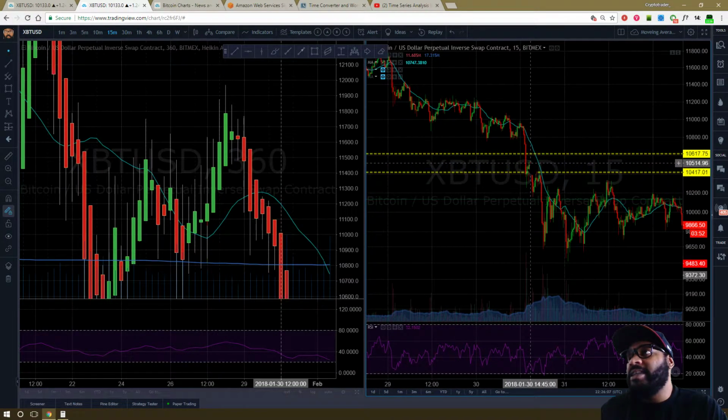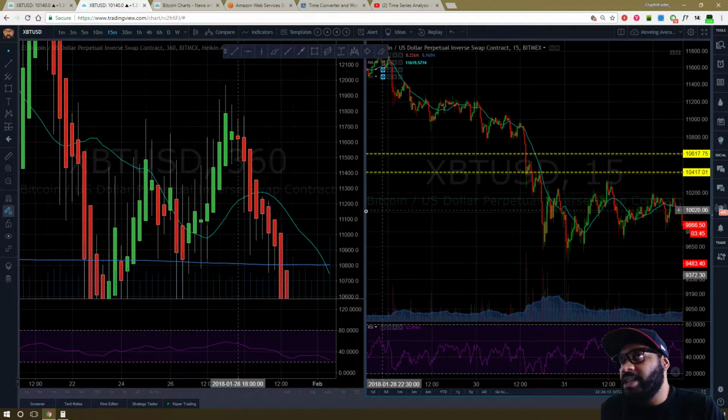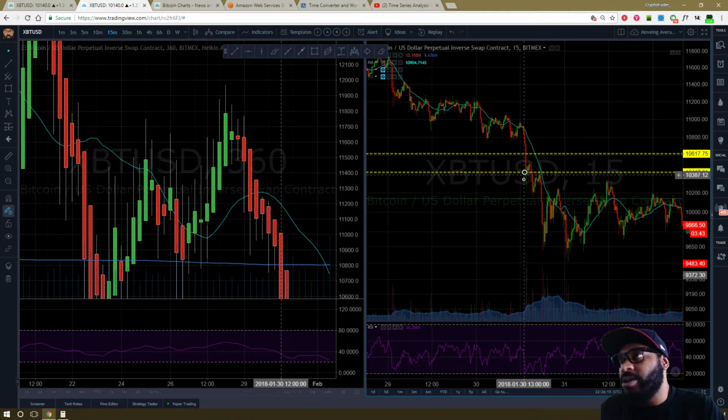It came back. It didn't really go back up that much. So you actually stayed in this trade. It ended up dropping even lower because we're still red. We're forming red Heikin Ashi bars. It drops lower. Then it pulls back again to this previous support right here. Previous resistance or support. You can look at it as support right here, and then it becomes resistance right here. All right, it's like a